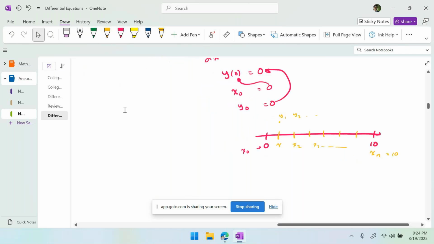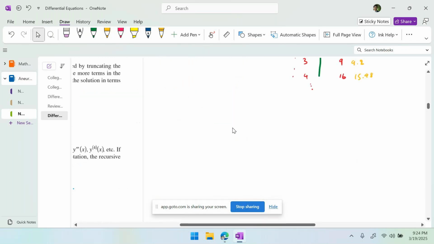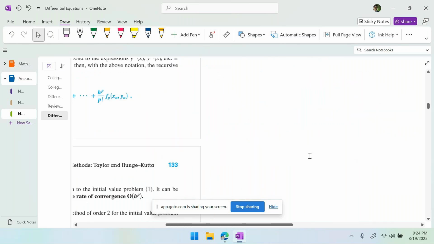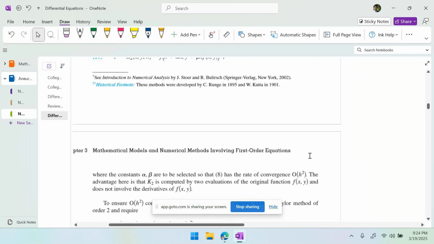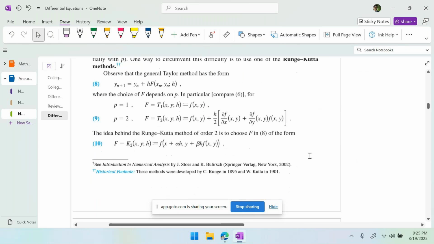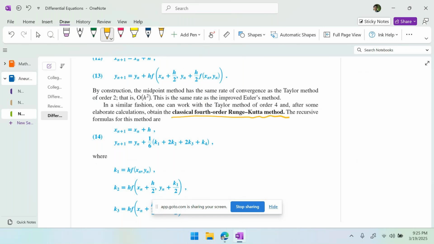And now let's go to this specific technique, the Runge Kutta method. In all these numerical techniques, when they specify the method, they give you a relationship between yn plus 1 and yn, because that's how it goes. If you have a method, you can get this, because they are linked with the term before the current one. I'm not going to go into a lot of detail about the derivation of this technique, but I'm going to explain the method. The one we are going to learn today is called the classical fourth order Runge Kutta method. There's a second order one as well before this, but this is the one that's commonly used